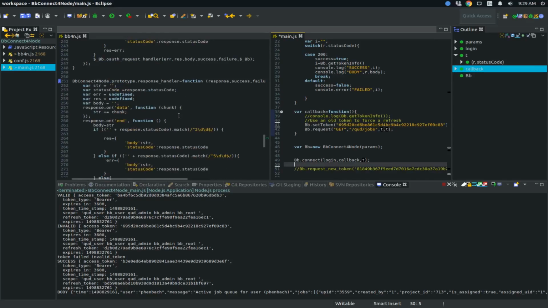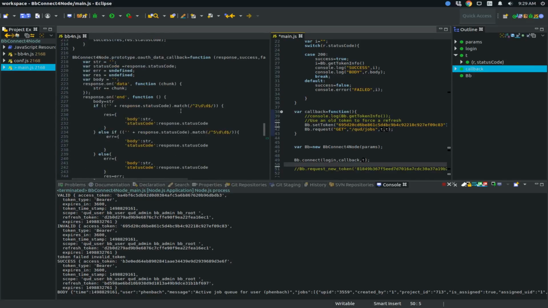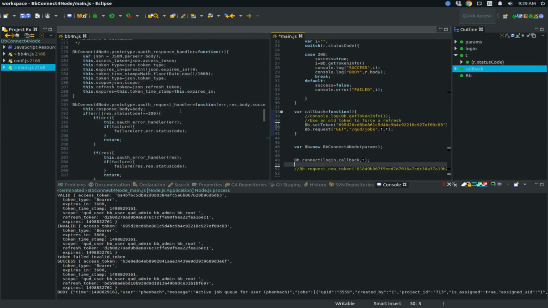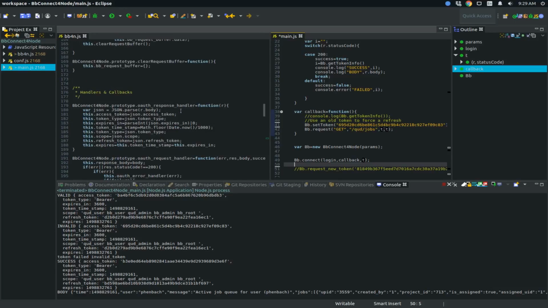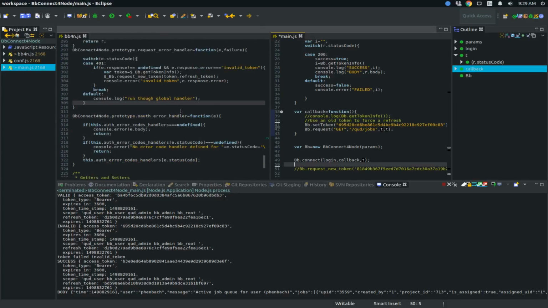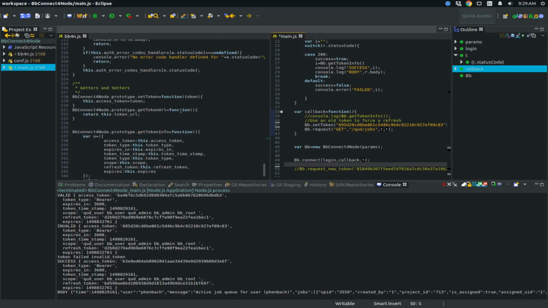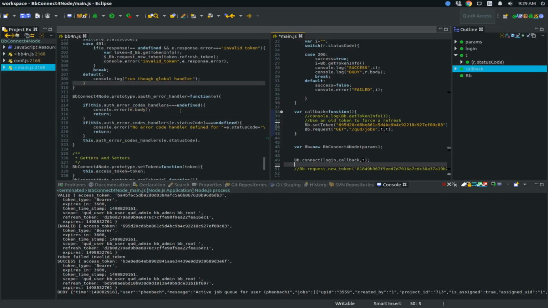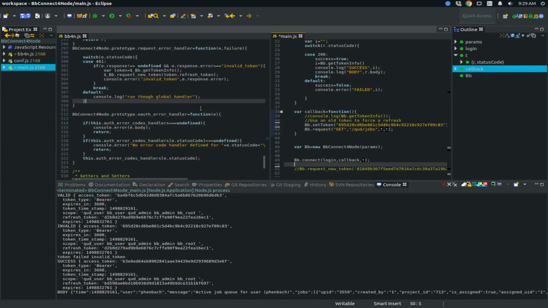So one thing I think I need to do, we go ahead, we got request handler. I think one thing I would like to do is, for whatever reason, to force a refresh of a new token. So what I'm going to do is,